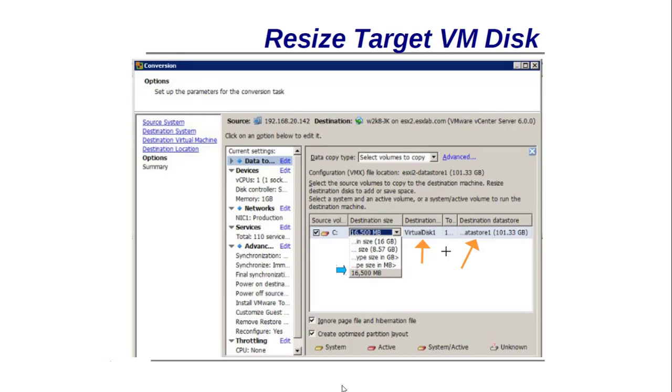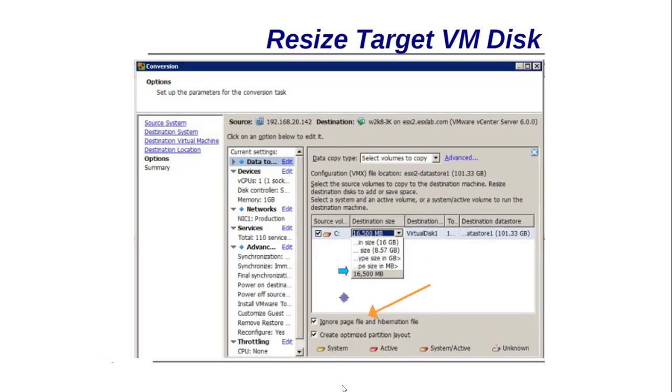For example, in my slide, I have a remaining size of 101.33, so I can increase my size. Keep these values in mind whenever you change your machine. In this way, you cannot consume all your space in the conversion.